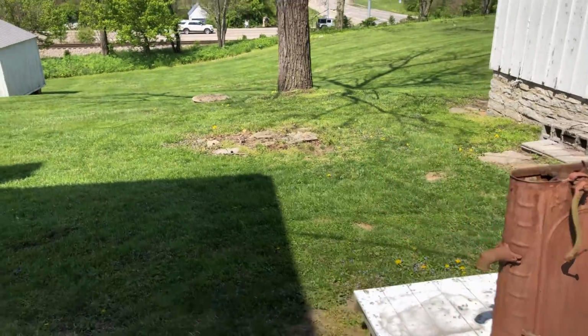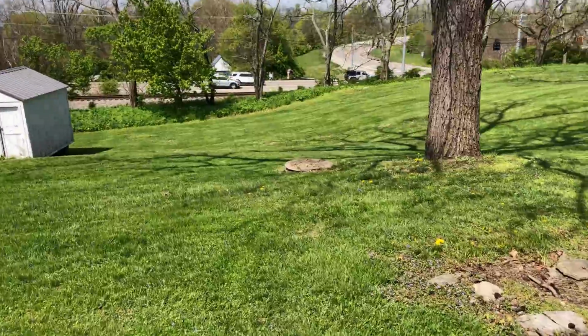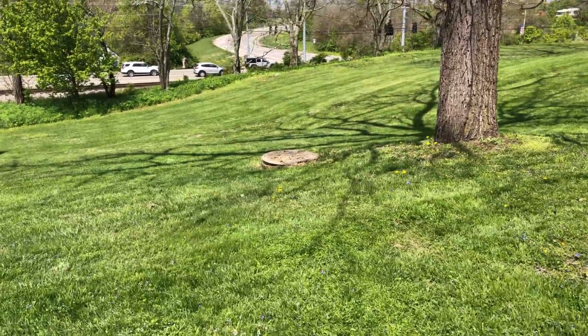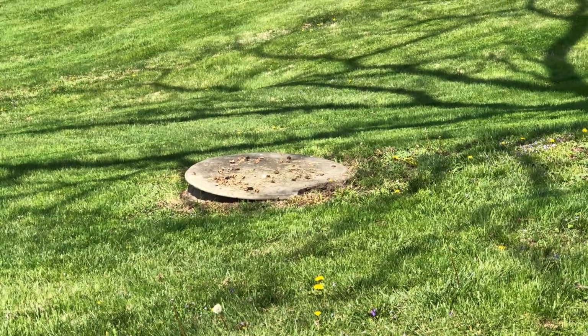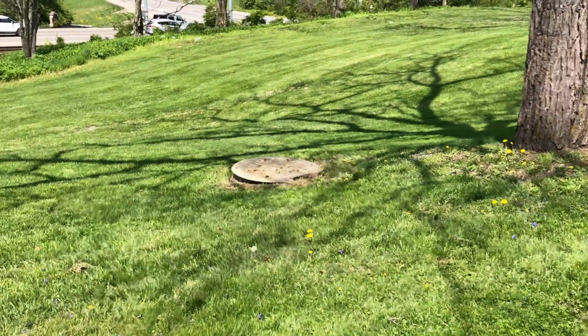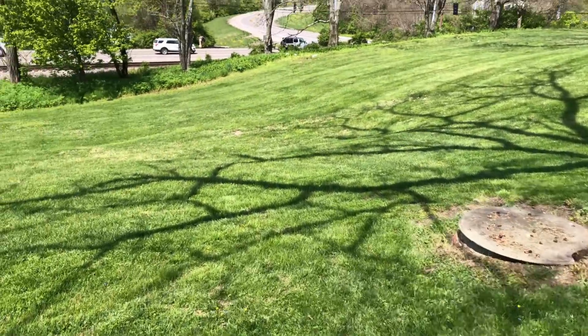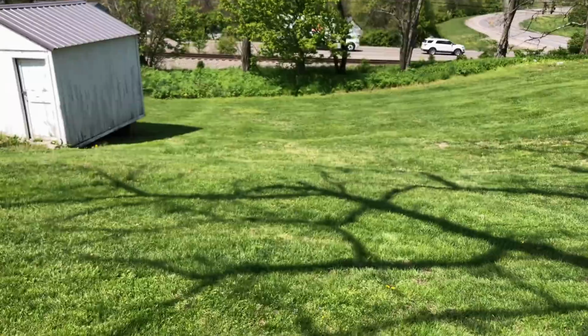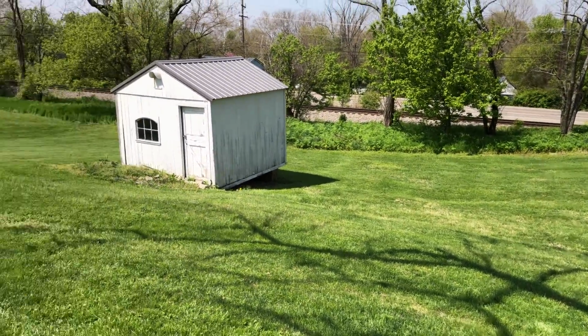And looks like we got the septic tank right over here. It's on its own septic system. I read that in the realtor report. There's the septic tank right there. Who knows how that thing is constructed, what year that was put in. Guaranteed that doesn't meet any kind of a code. You don't have much room down here. Don't want to go looking down the weeds down here. Might find some pipes coming out. Anyways,